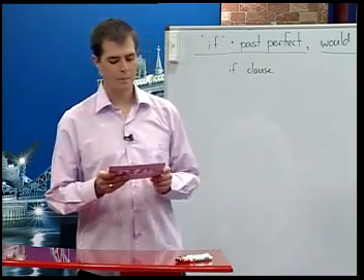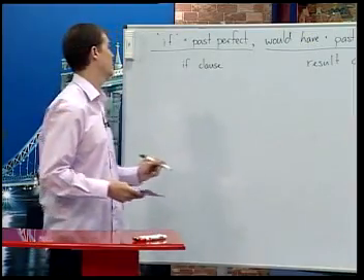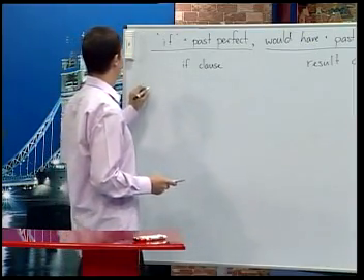Okay, the next example. The prisoner wouldn't have broken his arm if he hadn't slipped on the ice. So what really happened? The prisoner slipped on the ice and broke his arm. So in this sentence, it's an untrue past situation. Again, we use the third conditional. So when we're speaking, the auxiliary verbs or the helping verbs are almost always contracted. For example, here,